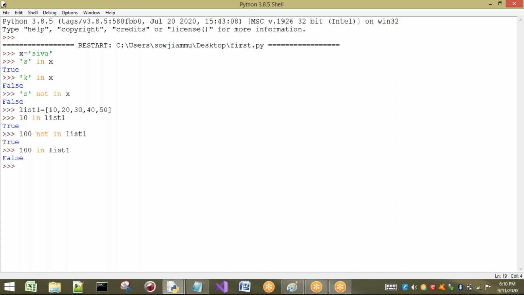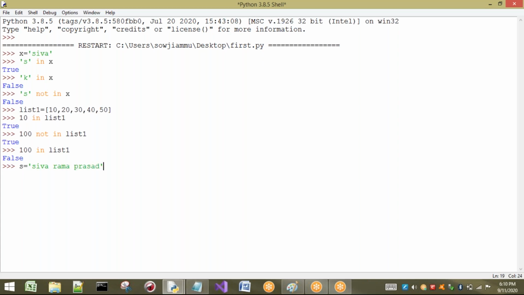Not only a list, we can take any type of sequence. It may be a tuple, or a dictionary, or a string. Here I have taken one string and one list as an example. I will take one more string so that you can understand clearly. I'm going to take my name, with some spaces also so that you can understand.